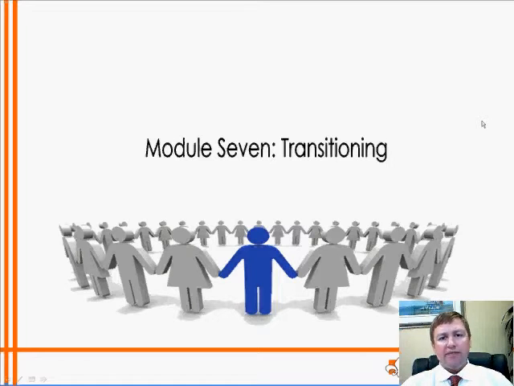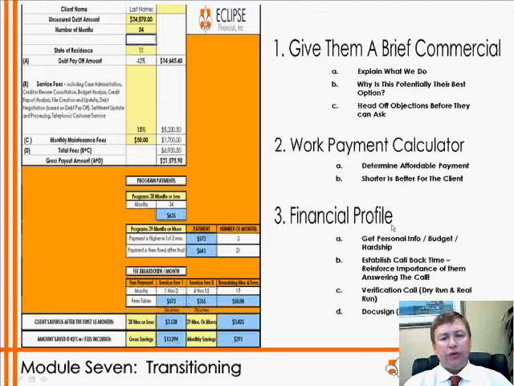So at this point, you found out what makes the client tick, and hopefully you've pulled up the calculator and been able to determine if the payment they told you they can afford is going to work for our program. So after you've done that, what do you do next? Well, the best thing to do at this juncture, you did promise to answer their questions. So instead of opening up the floor for them to ask their questions, go ahead and give them a brief commercial and tell them about what we do, why it is potentially the best choice, and head off their objections before they can ask them.